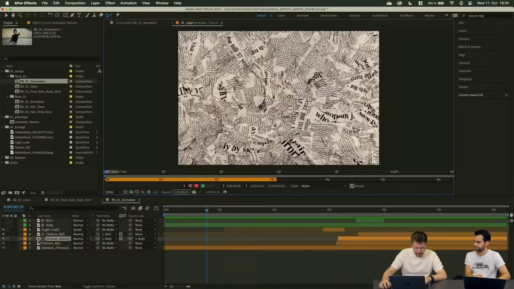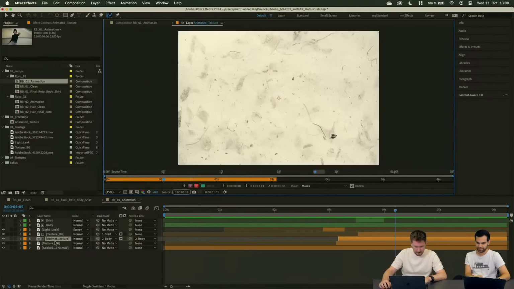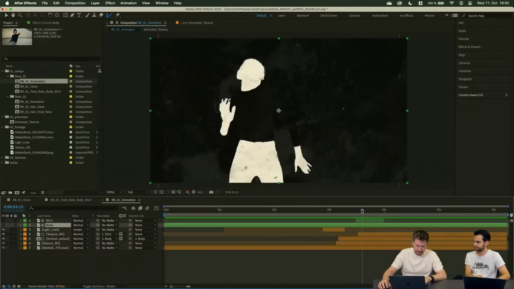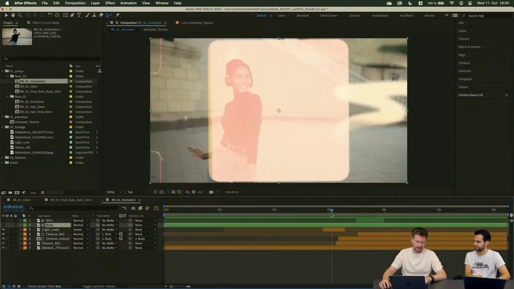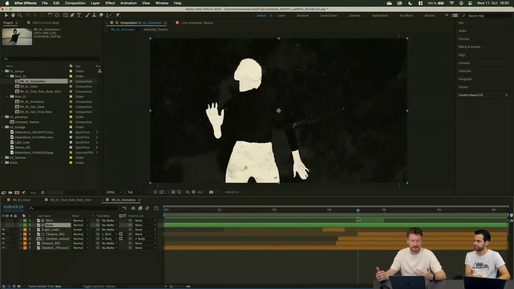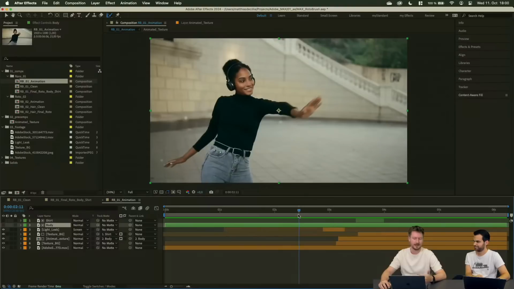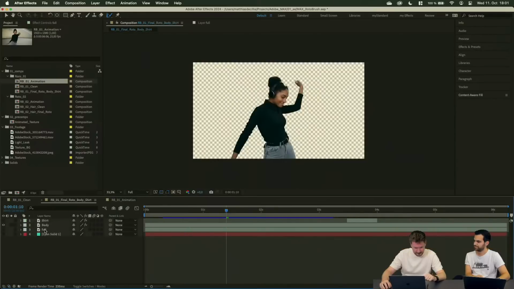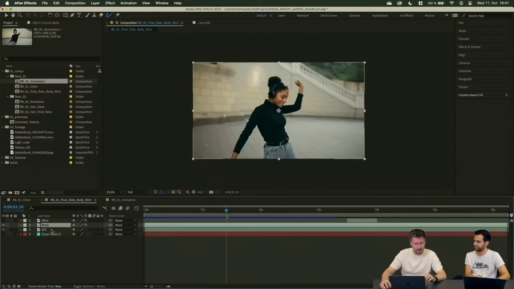So the animated texture, just a few layers, and use her as a matte. The body, the selection as a matte. Then you can see really nice results very quickly. Great for like music videos or online content, or you can place her in like a collage or whatever you want. Or maybe the cool thing here as well is if we take here we can subtract, for example,